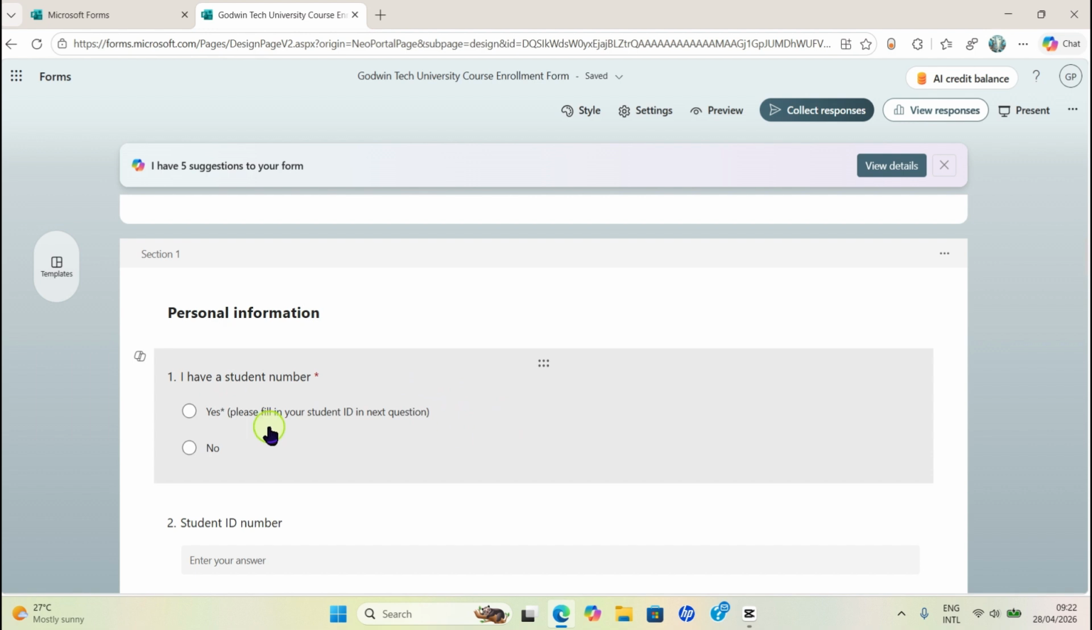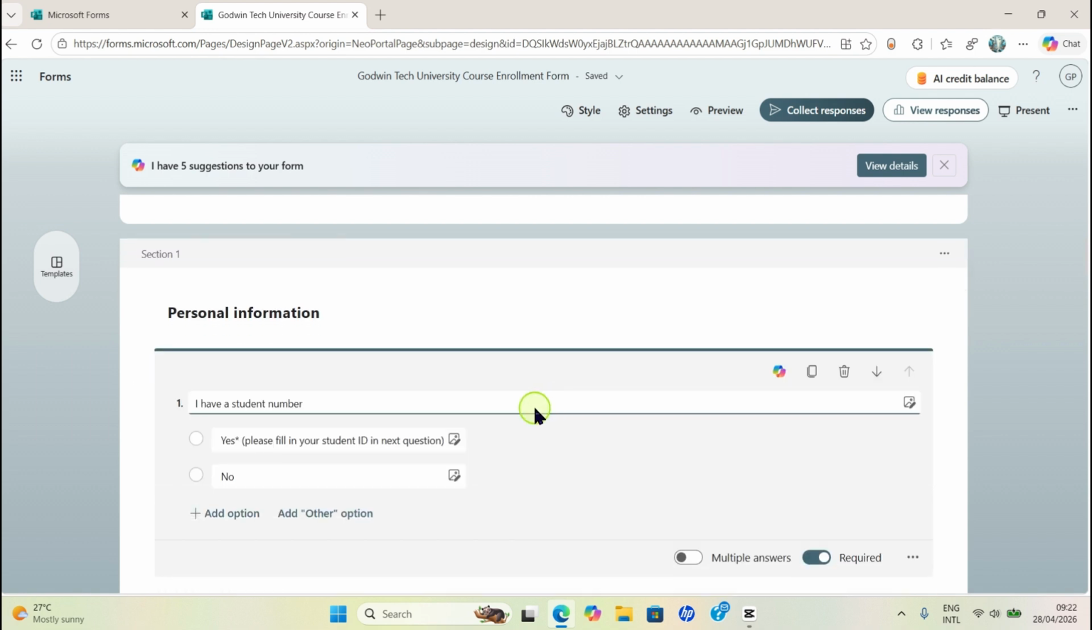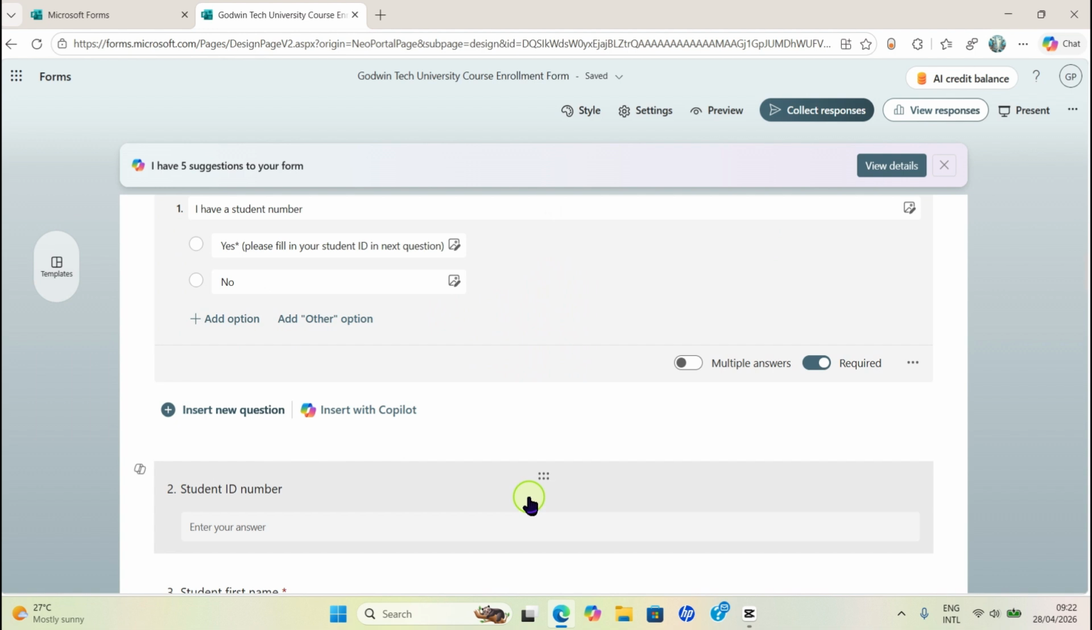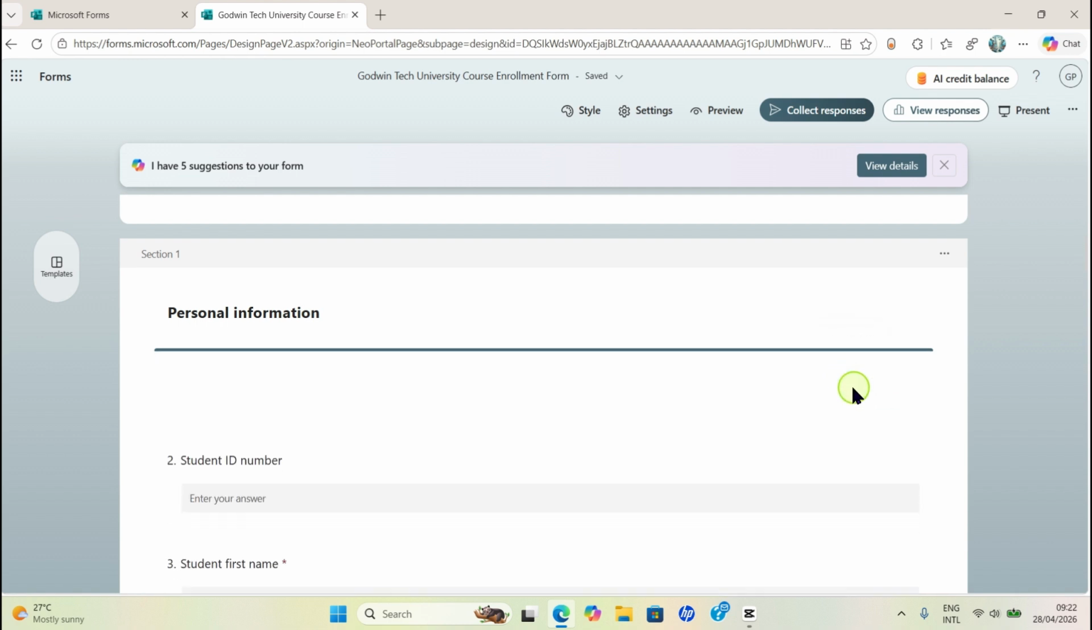I have a student number, yes or no. So if the person has a student number, he or she has to answer. But if you are not okay with that first question, you can do away with it. So I'll click here for it to open. You can see it has opened this page and I can delete it. Please, I don't want to have this kind of question in the form, so I'll click on the delete icon and